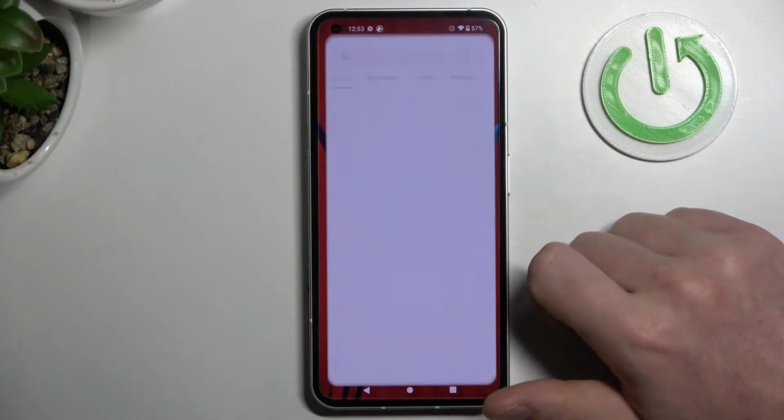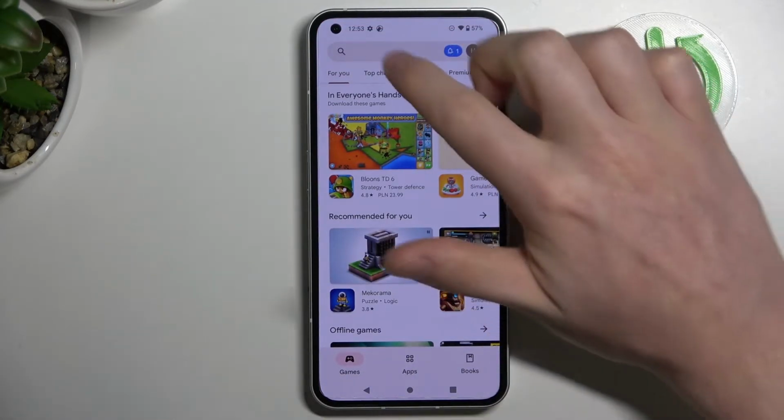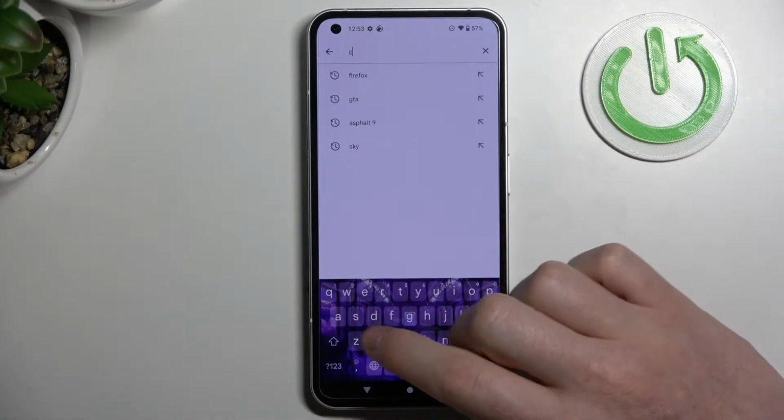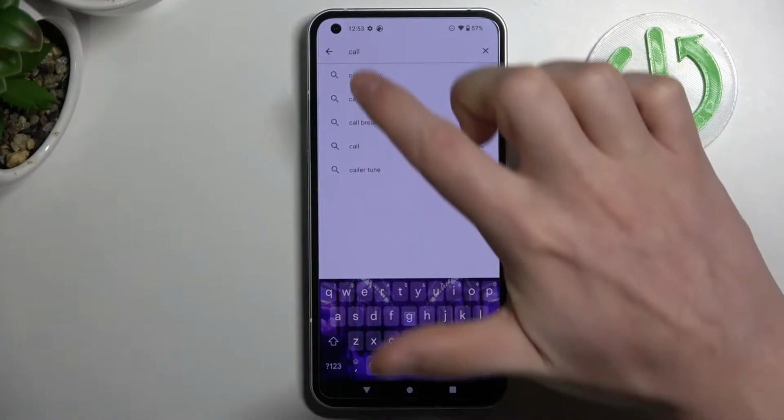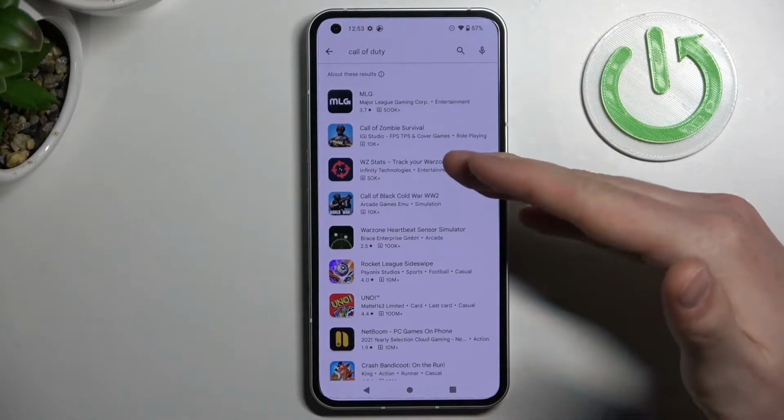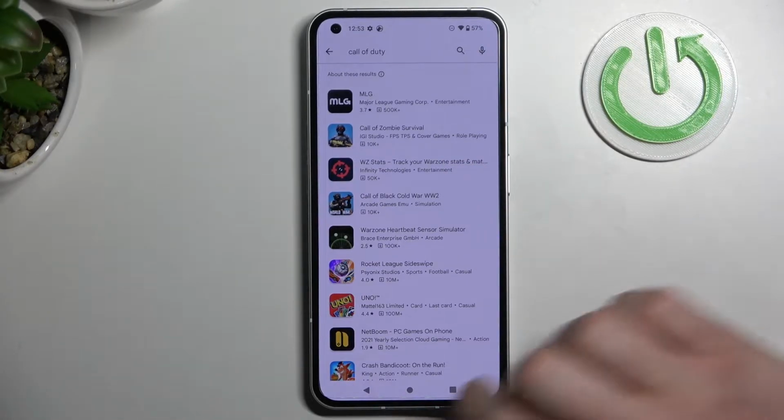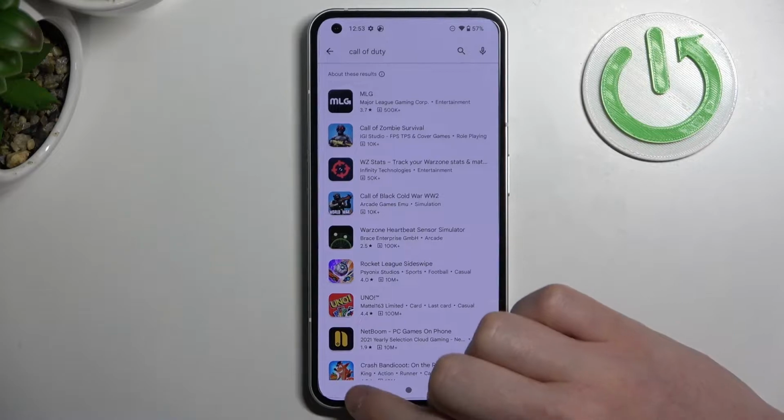So in order to do this, first let's open Google Play Store. From here start search for Call of Duty. But as you can see, there's no real game. So to fix this, we'll need to go back,